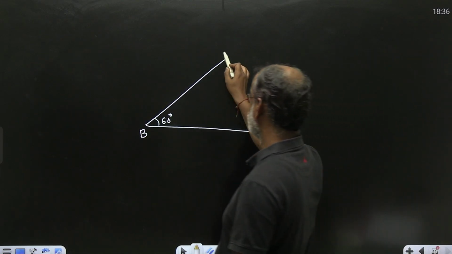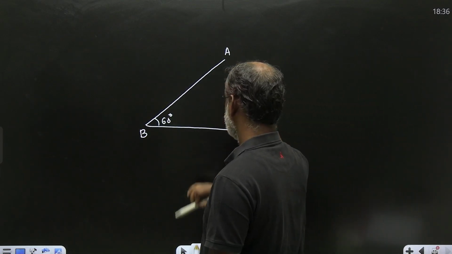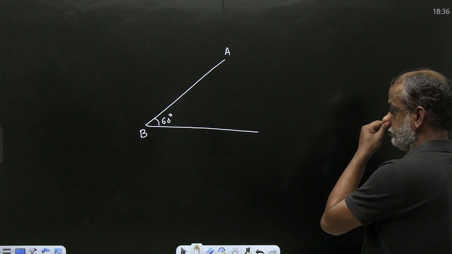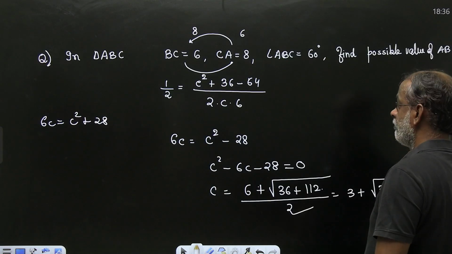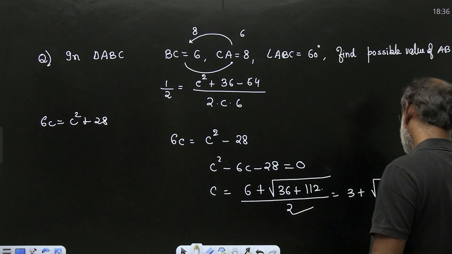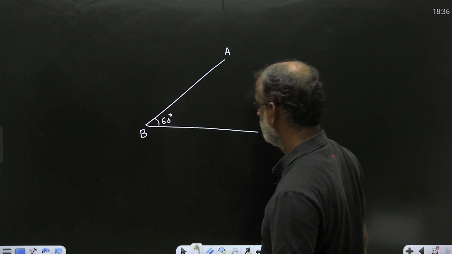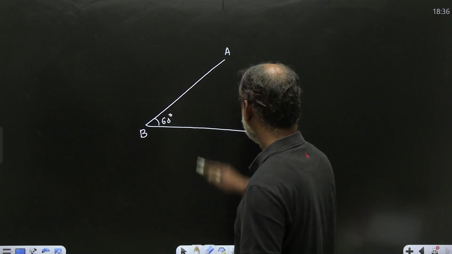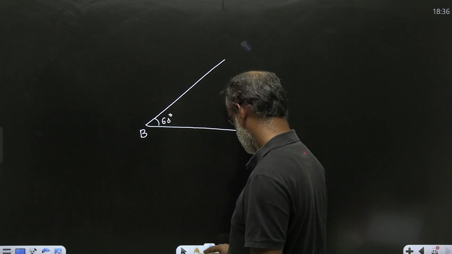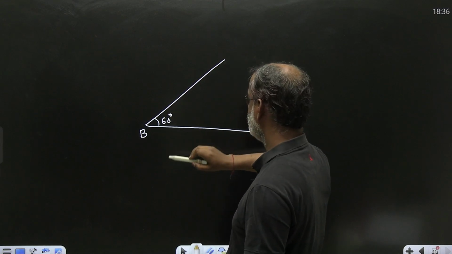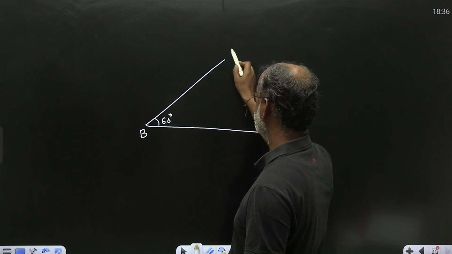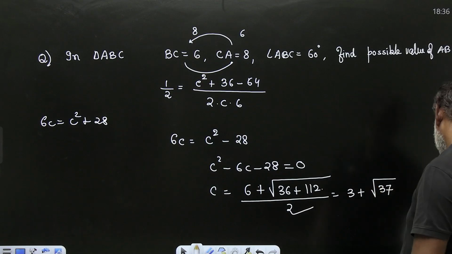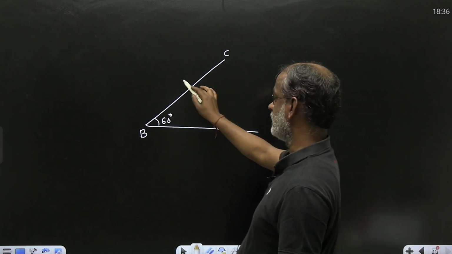So if this is A, BC is also given, and BC and CA. What is BC? 6. So if this is 6,